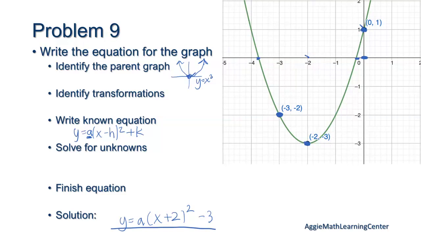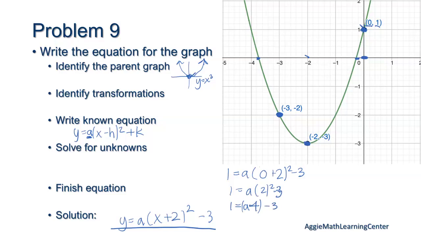So I'm going to say I know that when x is 0, y is 1. So y is 1 when x is 0 means that equation has to be true for the parabola. Now I'm going to find a. 0 plus 2 is 2, and 2 squared is 4. Almost wrote a negative there. So a times 4